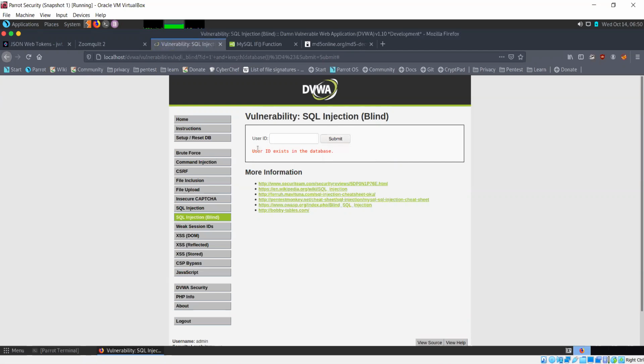In this case, it says true. User ID exists in the database. So it's a true condition. That means the name of the database is 4 characters long. In our case, we know that's true because the name of the database is DVWA. But in an actual SQL injection situation, you won't be aware of that beforehand.